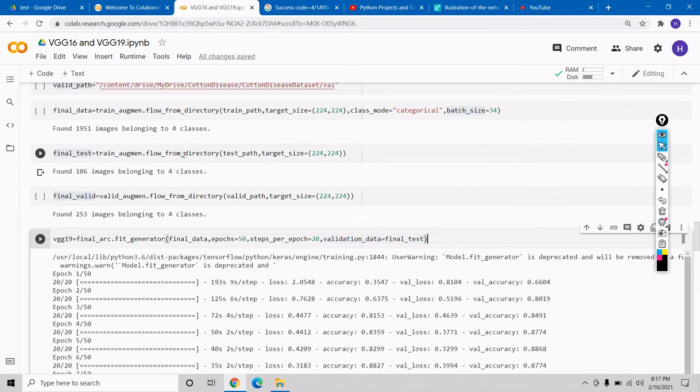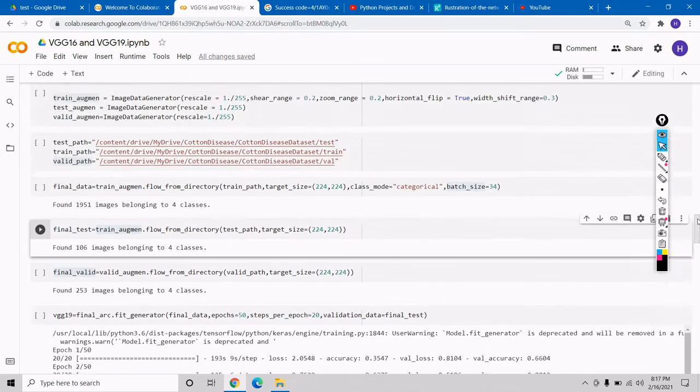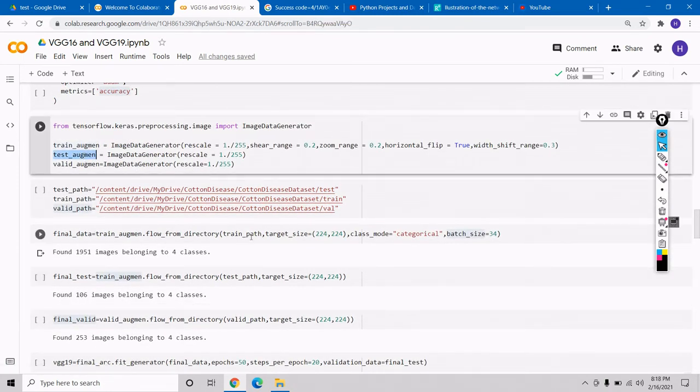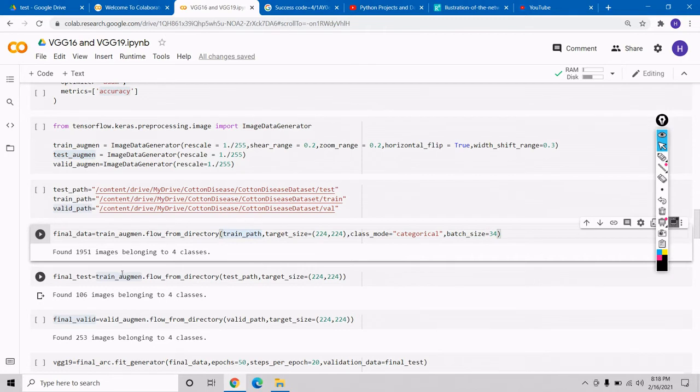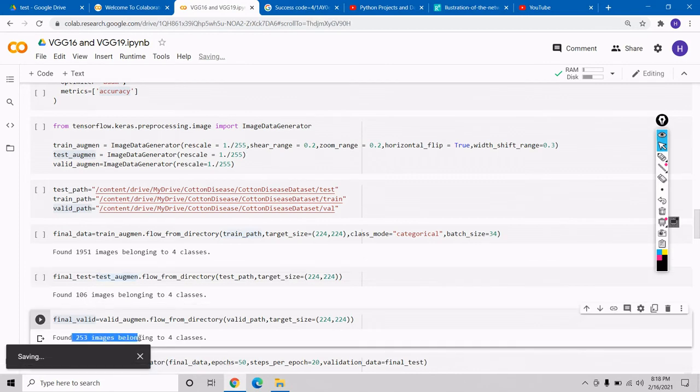Okay, here I have done a little bit wrong. I should use test augmentation over here.